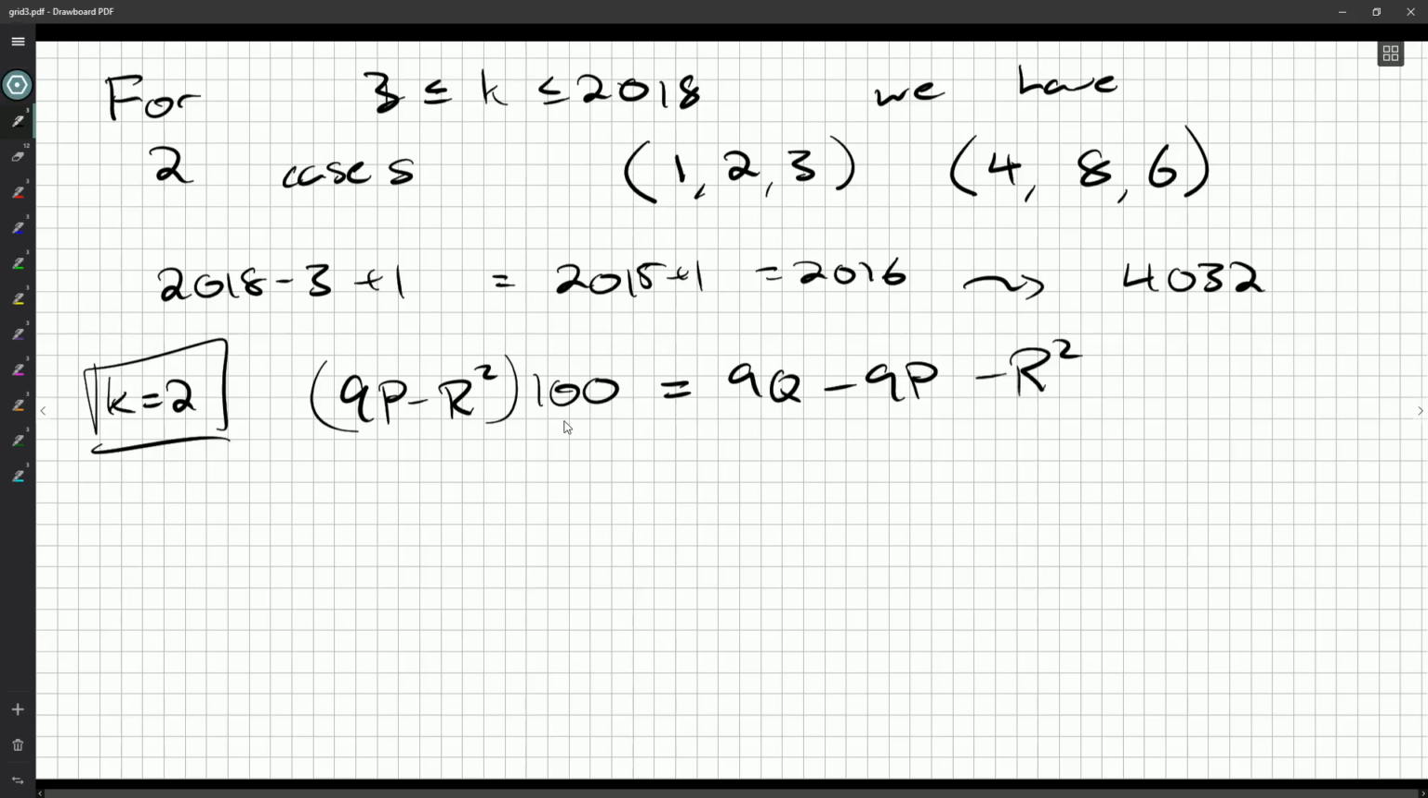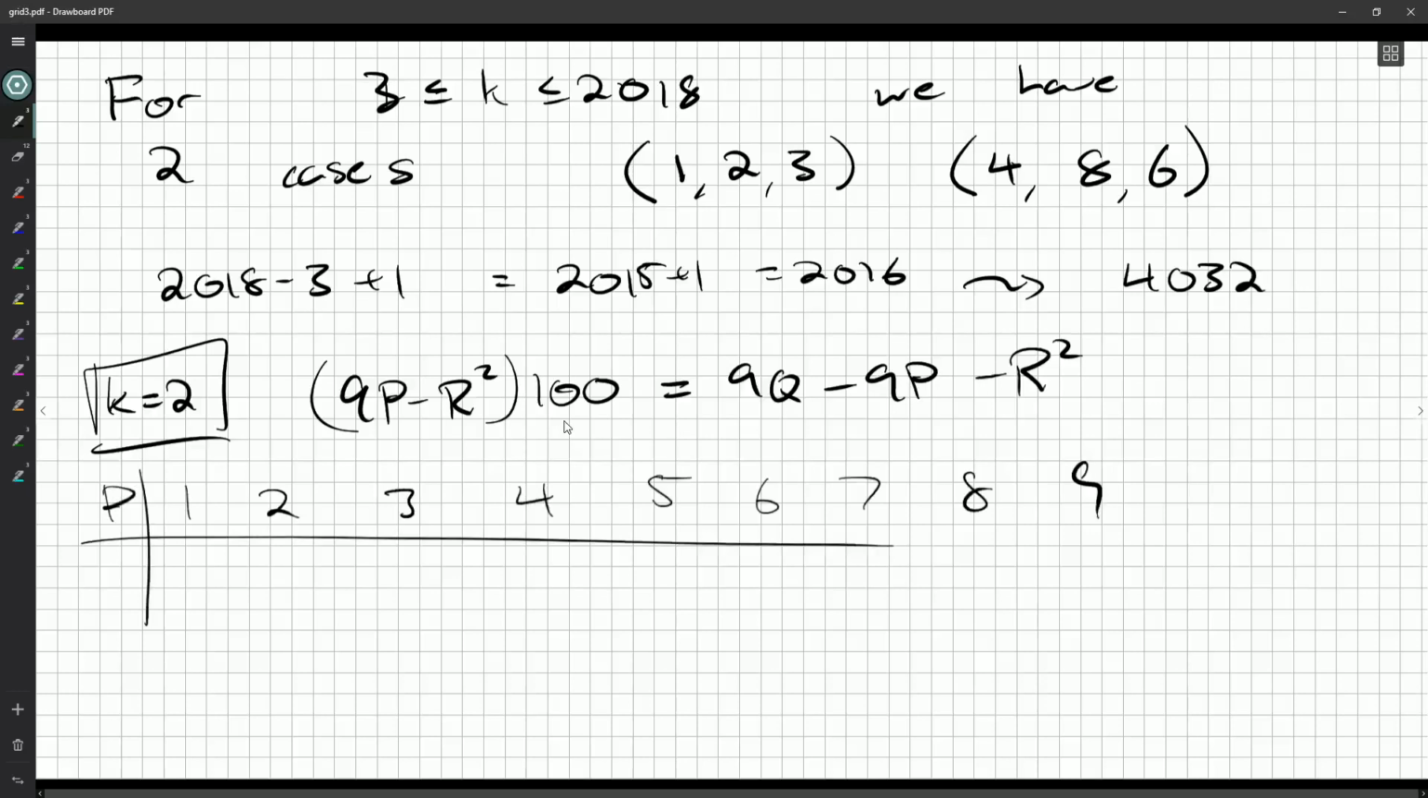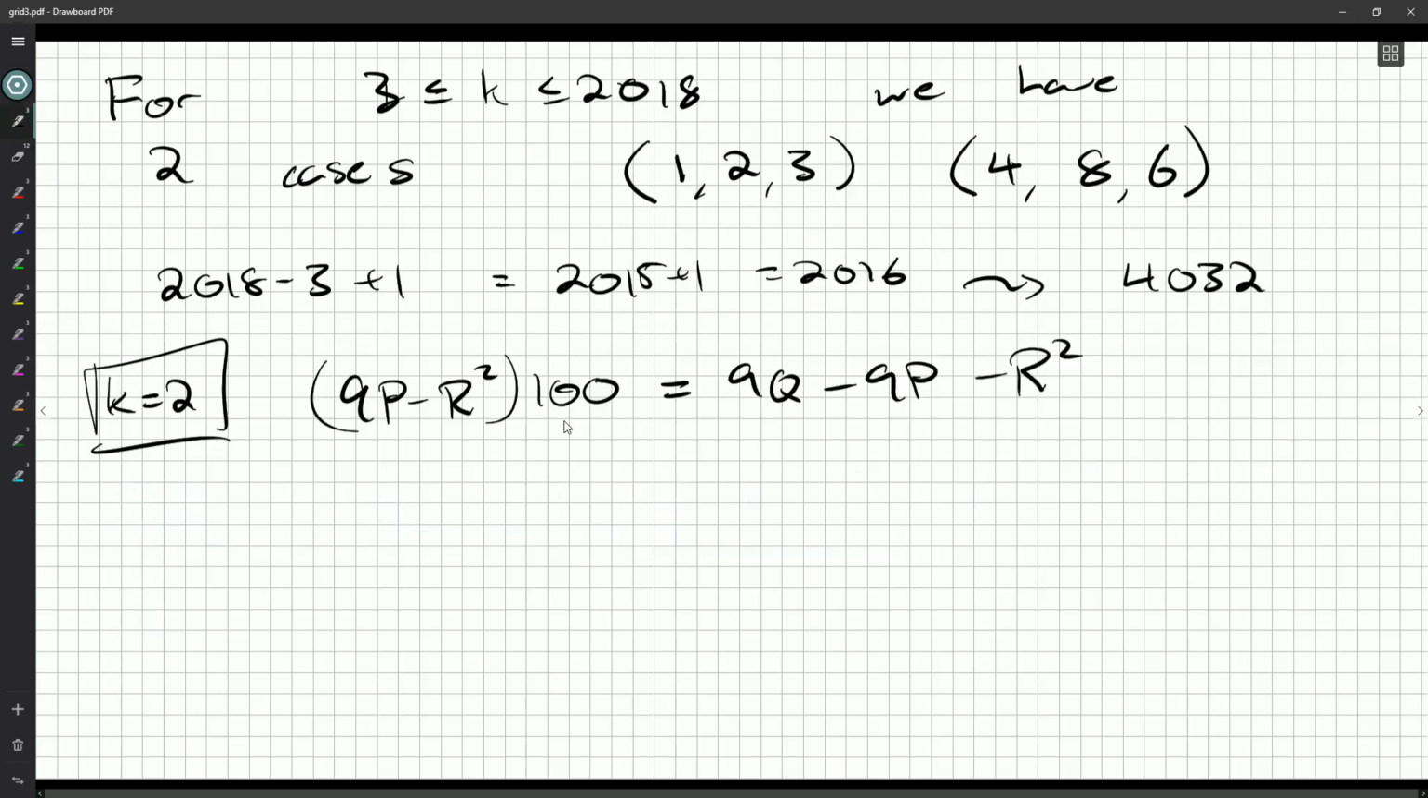I'm wondering, should I focus on the 9s? Should I rearrange this again? What could 9p be? Well, okay, 9p... P could be 1, 2, 3, 4, 5, 6, 7, 8, or 9. And I could figure out 9p, but then r squared, will that be of any use? Also, incidentally, there's nothing that says these other two cases won't work